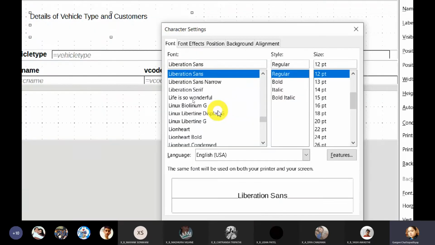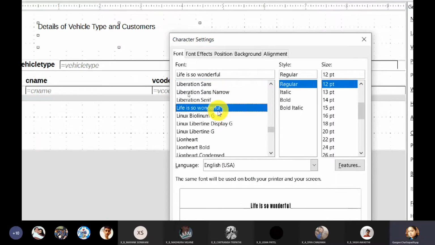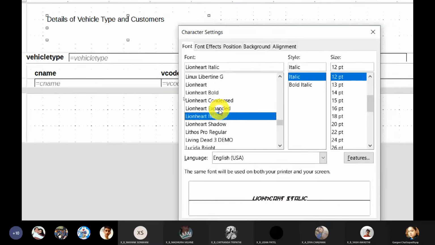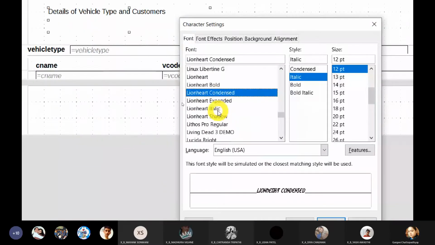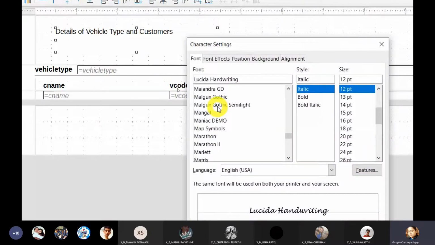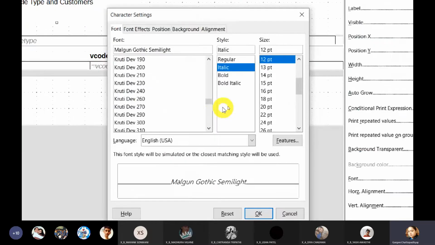And I can even change the font. Let me select some nice font from here, some nice decorative font.